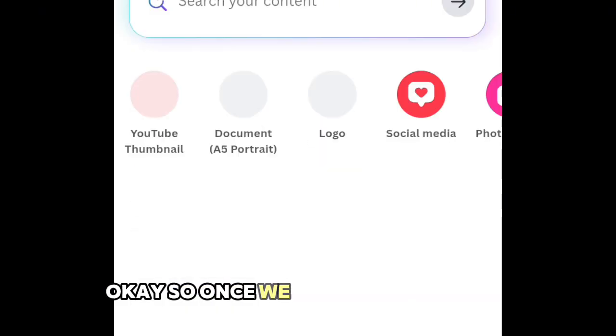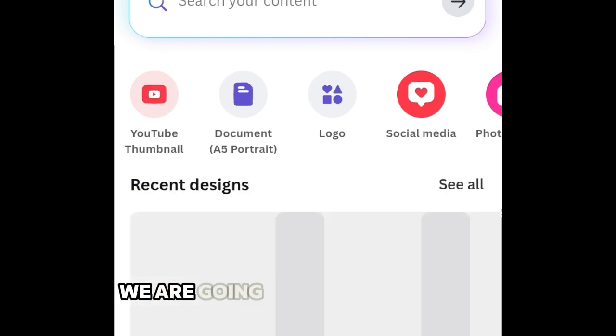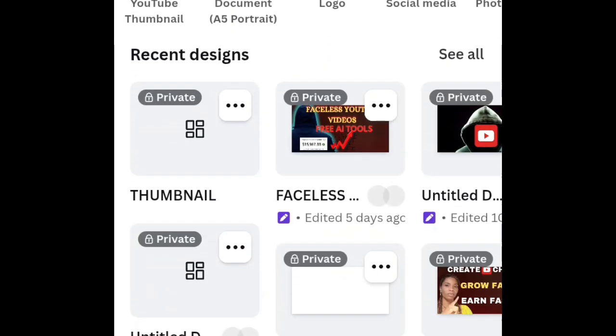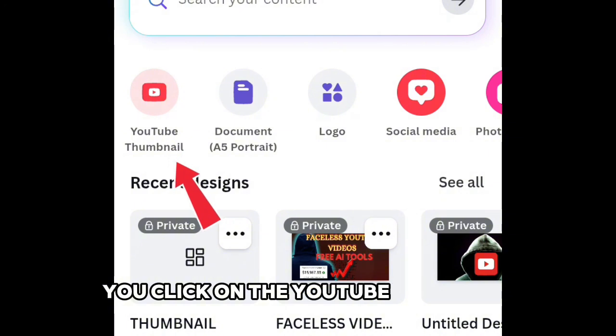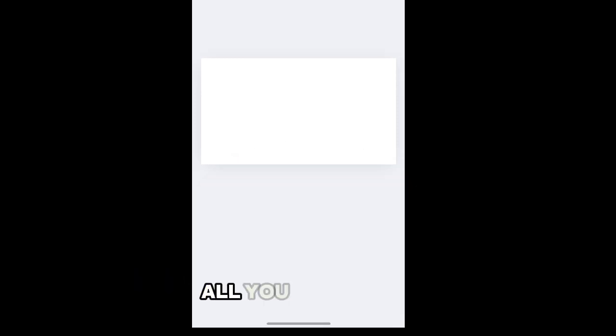Okay, so once we open the Canva app, we are going to see this interface. You click on the YouTube thumbnail so that it will just give you the measurement for the YouTube thumbnail. You don't have to start customizing it. So once you're there, using the thumbnail description that ChatGPT has given us, all you have to do, once it has given you the layout, how this should be,